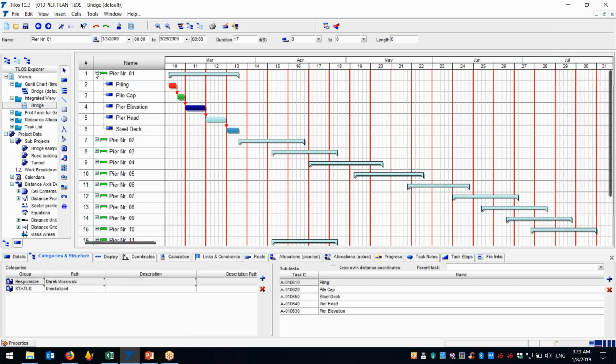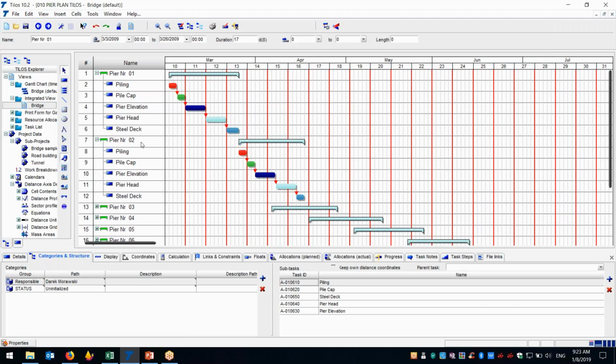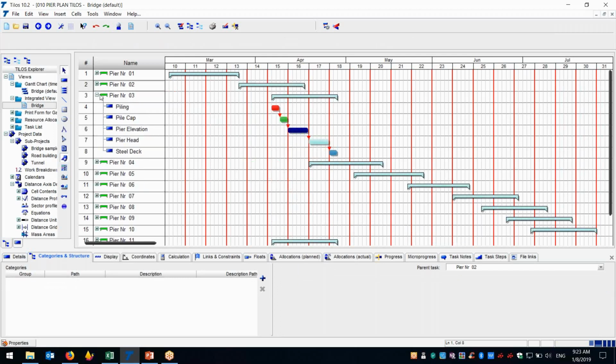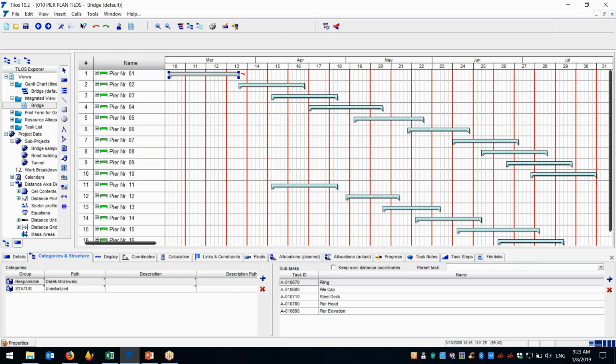And you can see that this is pier number 1, and the piling, pile cap, pier elevations, pier head and steel decking. The same for number 2: piling, pile cap, pier elevation. You can open pier number 3, and these are the 17 piers. When you select the 17 piers, we also see that these are the activities, 5 activities under this